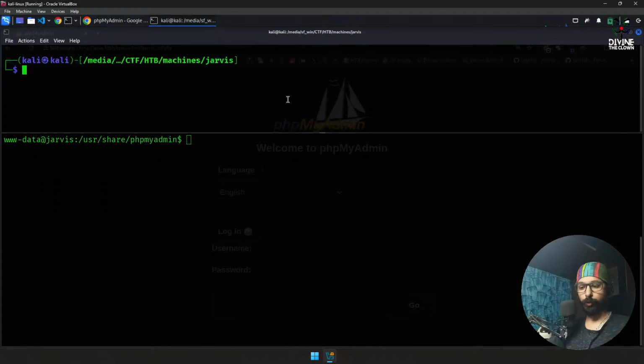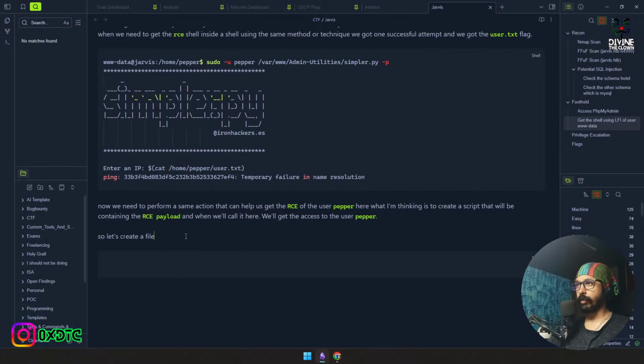Now we need a netcat listener. Let's create a file with the payload of